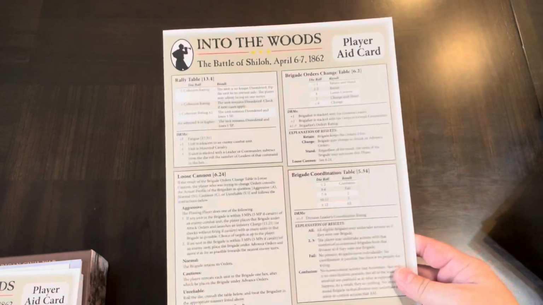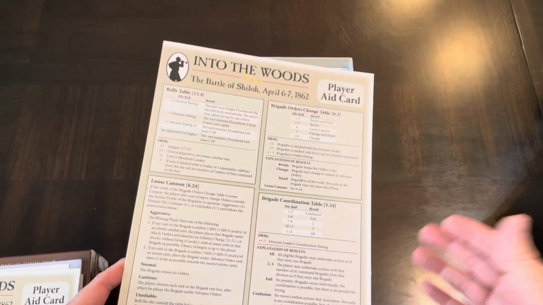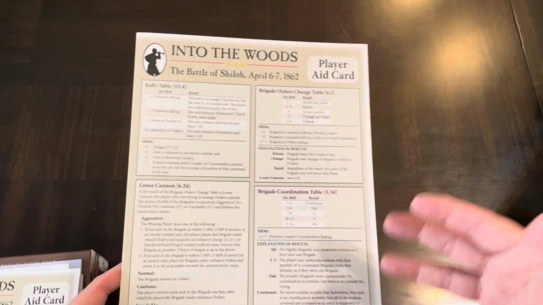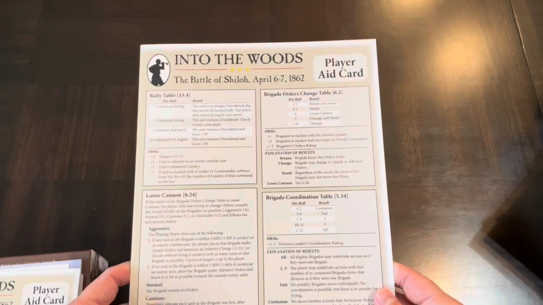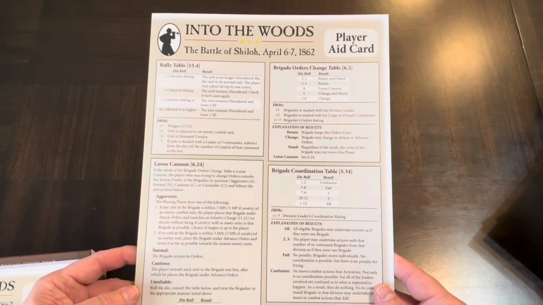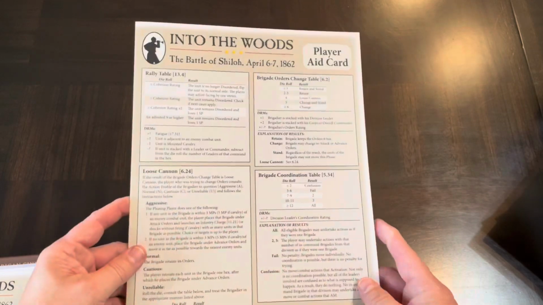You're basically issuing orders, and if you want to change that order, that's going to depend upon the leader that this unit rolls up to change those orders. And again, there are rules on that. As I said, this is not for the faint of heart. This is one of the more complex systems out there, definitely one of the more complex Civil War battle systems. Loose cannon, a brigade coordination chart,